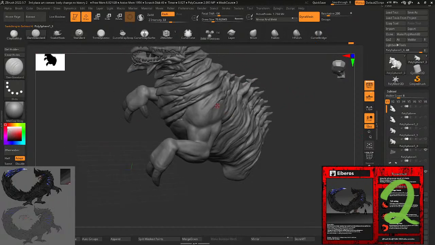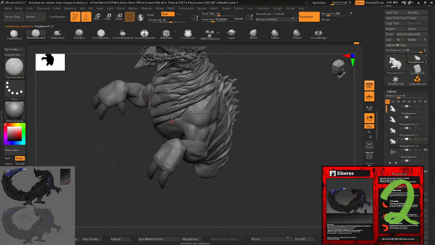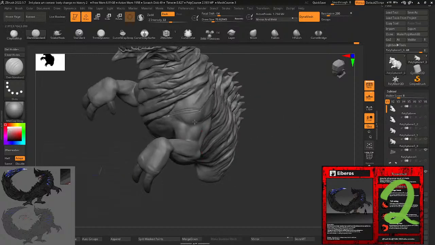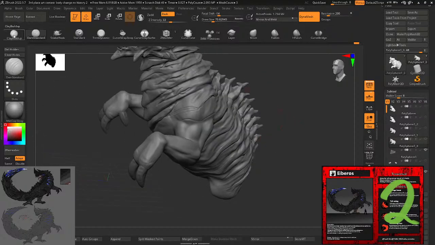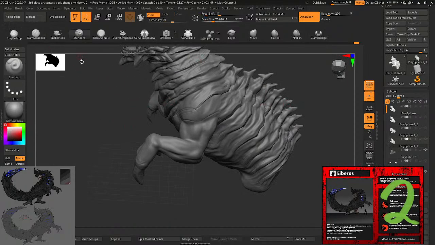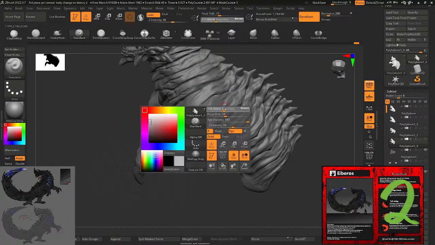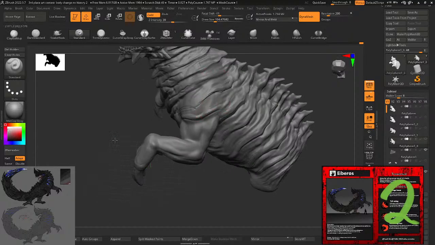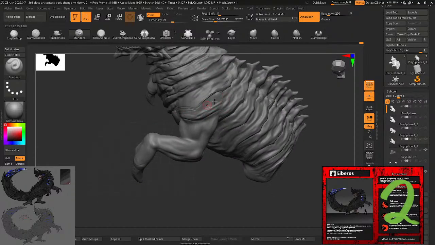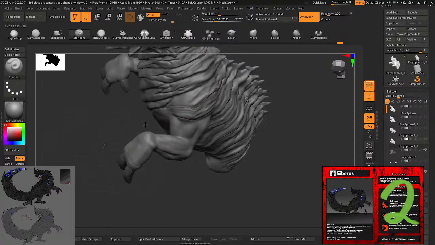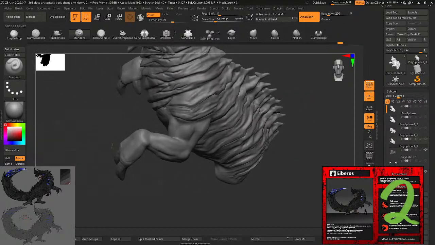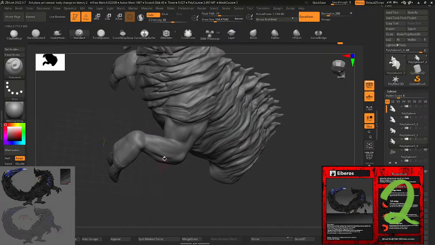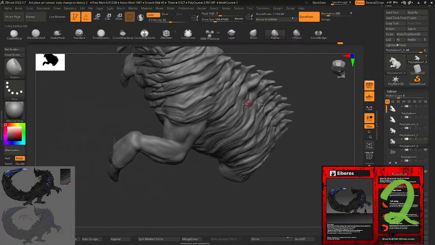I guess for the shoulders, there's some shoulder things here or something. Kind of just add some of that right there. And then I guess I could have this one go like here, and then I will take this and